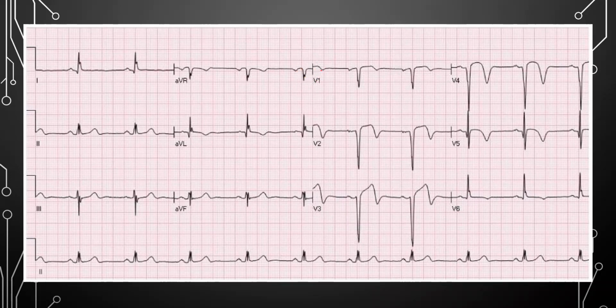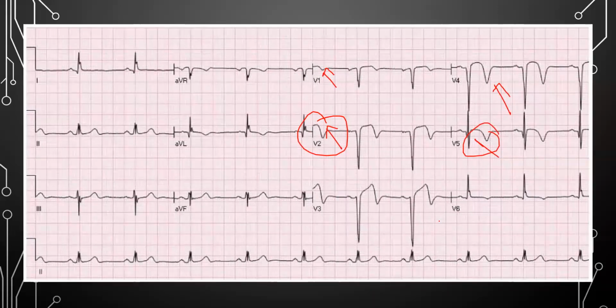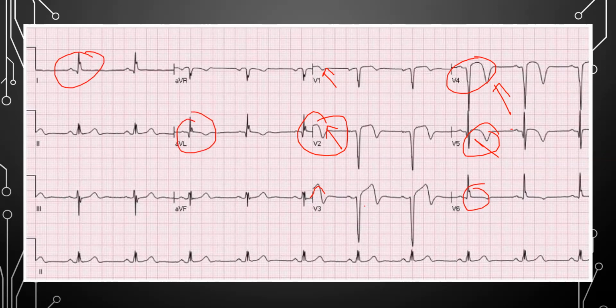Look at the chest leads. So V1, nothing much. V2 obviously has ST elevation. What is this? Every lead has a T inversion. It's a significant T inversion, right? So you have to talk about that as well. So this patient has ST depression in V1, V2, V3, V4 also, and V5 not too evident. V6 there is also some ST elevation. Lead 1 there is ST elevation. Lead AVL there is ST elevation, and lead 2, 3, AVF is normal.